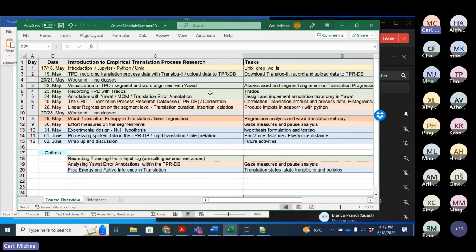And then recently we have used or extended Trados with these similar possibilities. So Trados, I hope that most people are aware what this is.